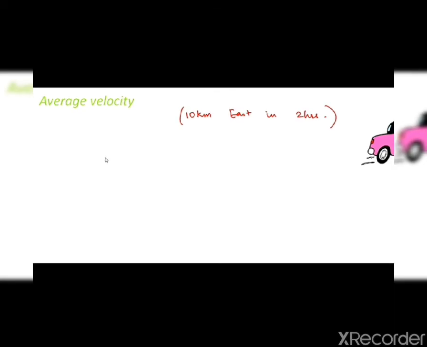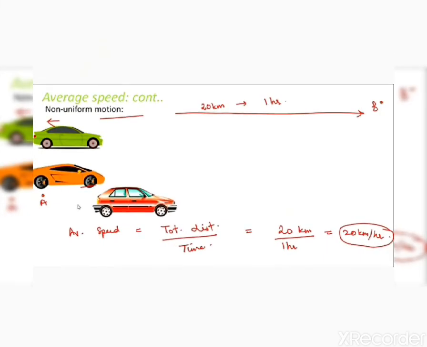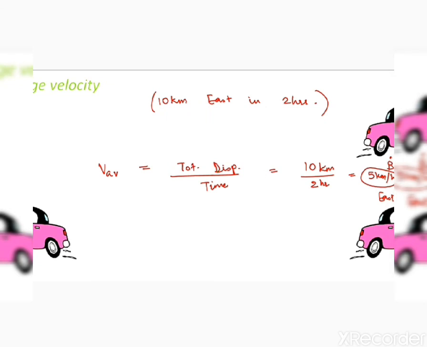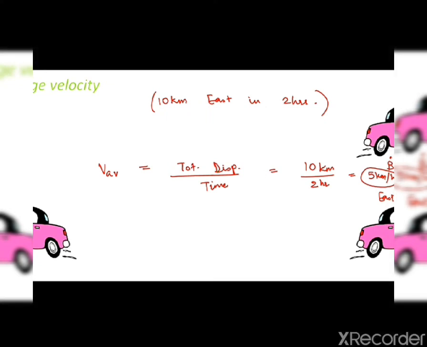Let's take the same example again. A car which travels from A to B travels 10 kilometers in the east direction in 2 hours, irrespective of whether the velocity increases or decreases in between the journey. Now what would be the average velocity for the entire journey? It would be the total displacement divided by the total time taken, right? So 10 divided by 2 and you will get 5 kilometers per hour, in the east direction. So this is my velocity here. So velocity will have direction associated to it. Velocity is related to displacement. This is for the uniform case.